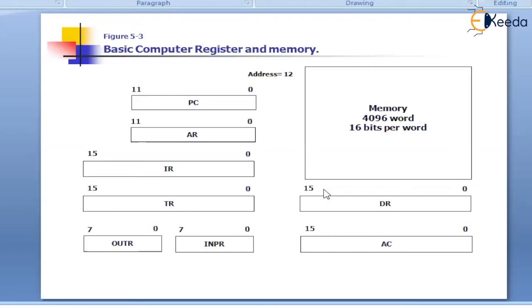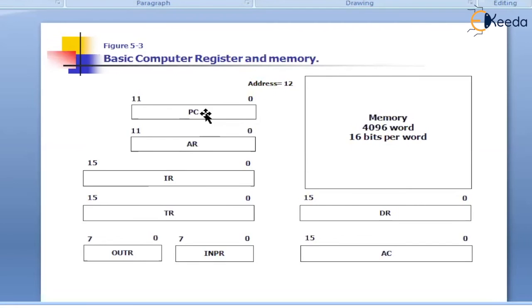Now let us understand what is the purpose of a register. We will clearly discuss the purpose in the next video, but at this point, try to understand the general purpose, the reason why it is being used. Program counter is going to hold the address part of the next instruction.